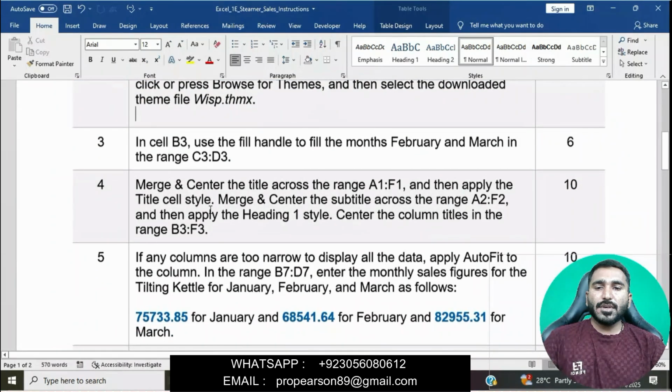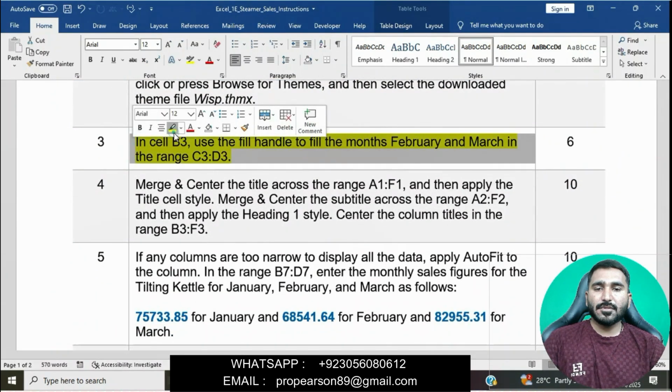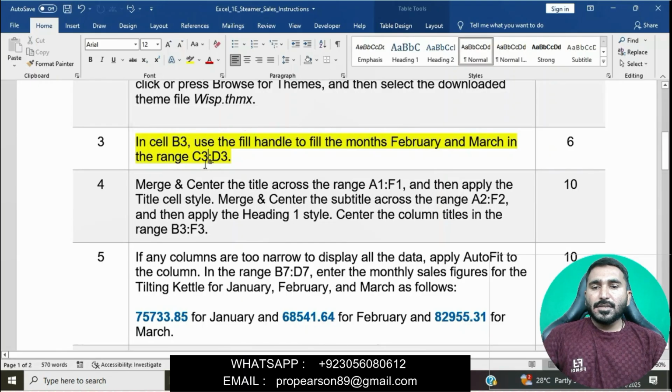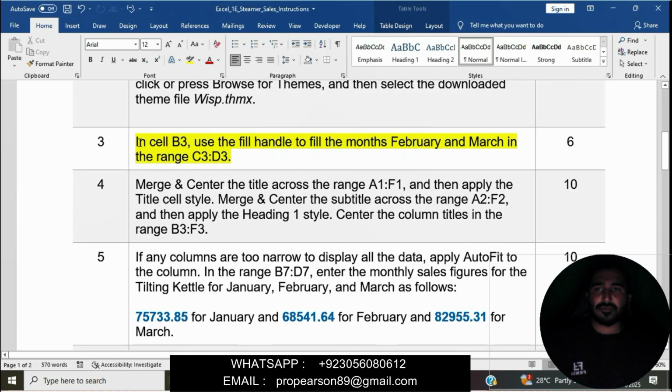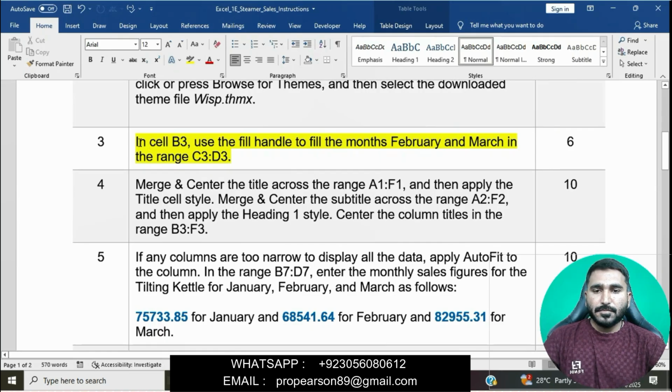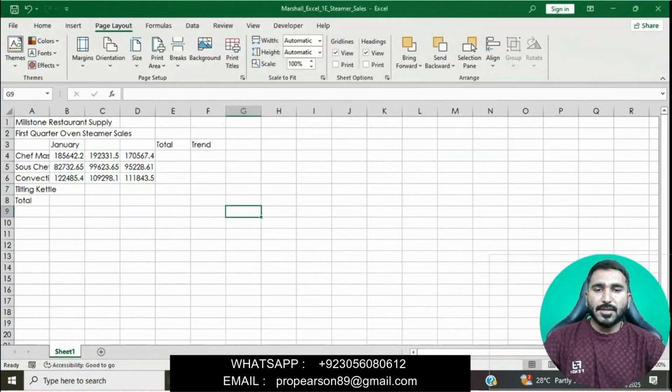Now moving on to question number 3. In cell B3 use the fill handle to fill the months February and March in the range C3 to D3. We will go to the Excel workbook and click on cell B3.